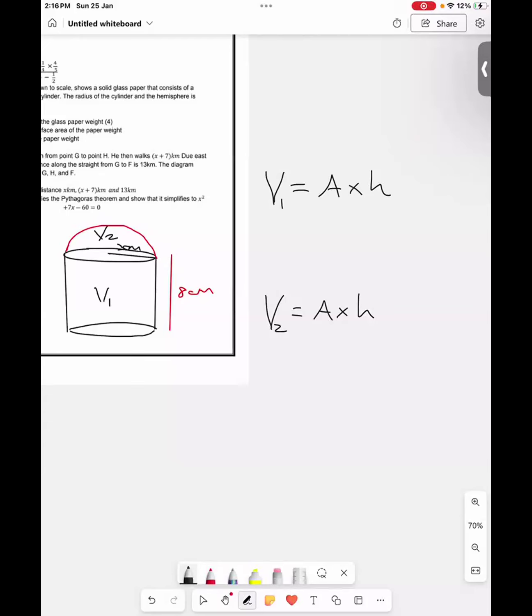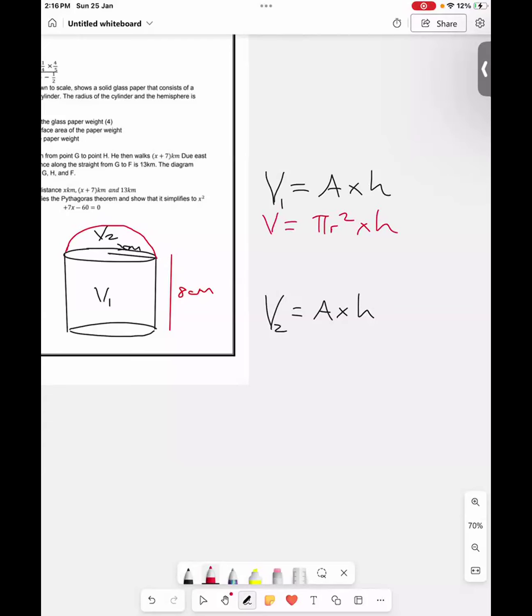Once you know the volume of a sphere, which I didn't teach you but you're going to learn today, the volume of a hemisphere is going to be half the volume of a sphere. But let us go ahead and find what we know we can find. We already know that the volume of a cylinder is V equals AH. Because the cylinder has a circular base, it's pi r squared for the area, and you multiply it by h. That will give us the volume.